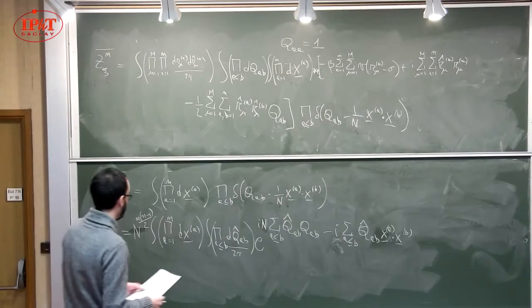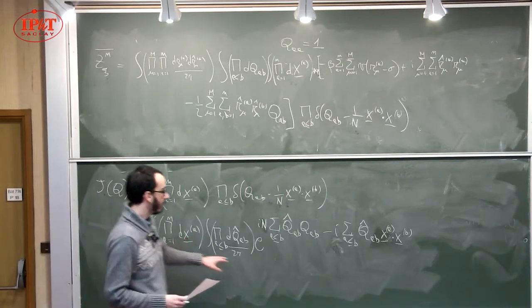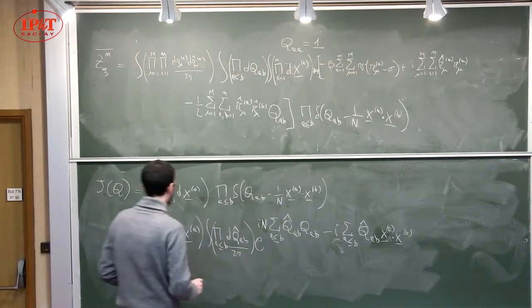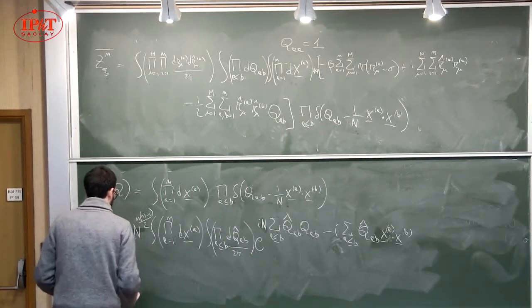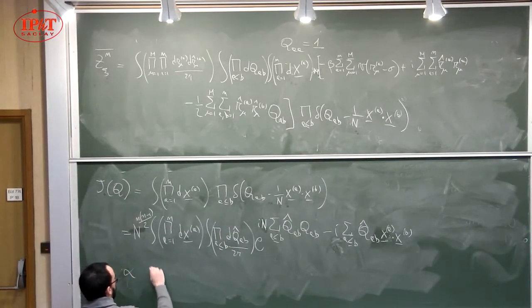And now you see that the integral over x becomes Gaussian. And so this is proportional to